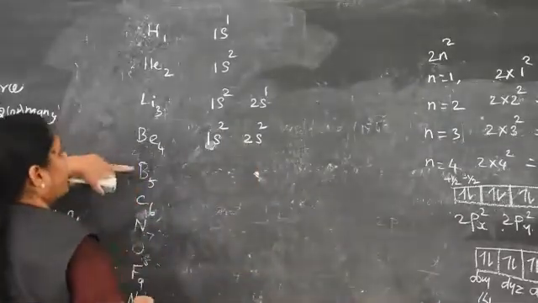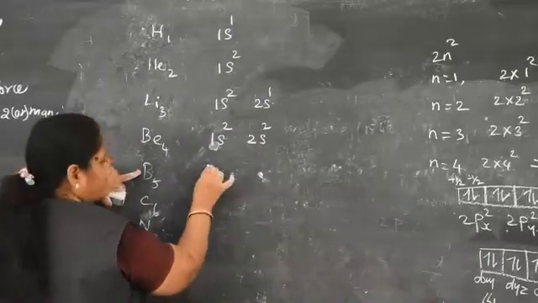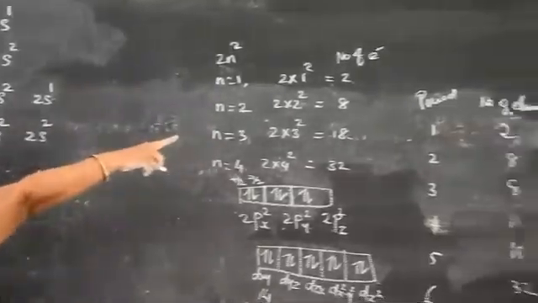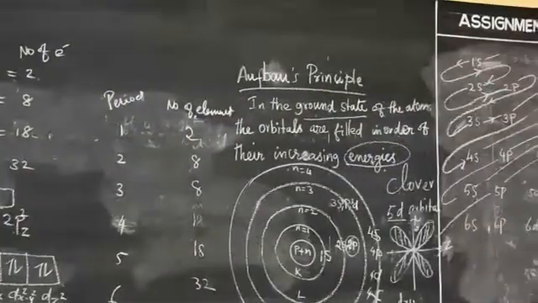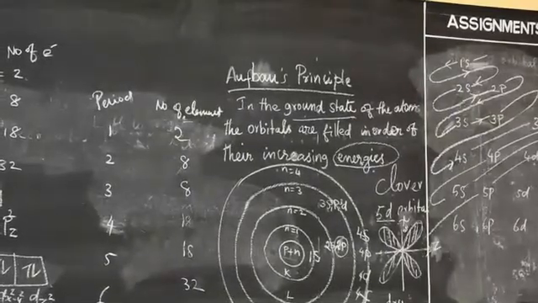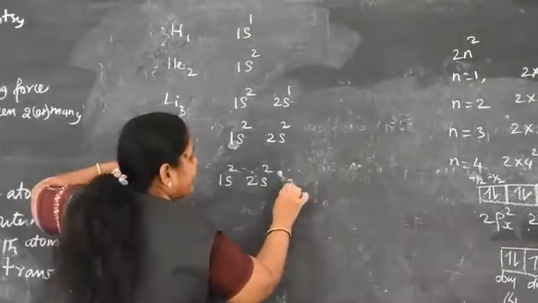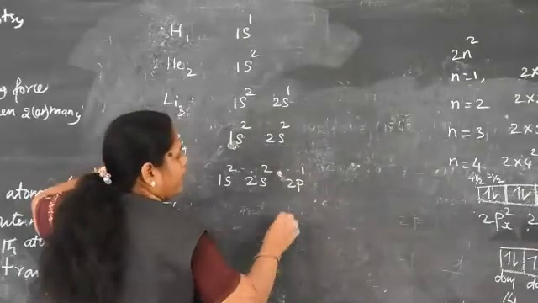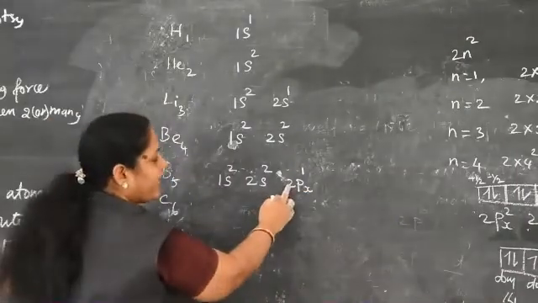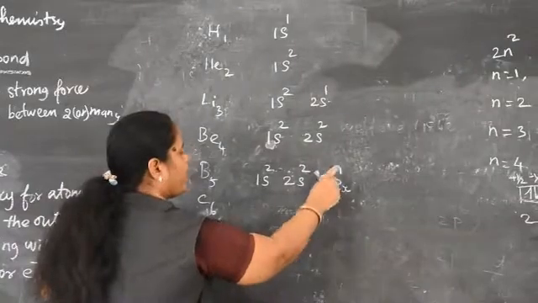See that? Atomic number 5. First energy level 1s, 2. Next you move by the Aufbau principle, the diagram I wrote last time. Next 2s, maximum electrons 2. 2 plus 2, 4. How many electrons remain? 1 electron. So where does the remaining one enter? 2p1. That 2p1 is 2px1, or you can simply represent it as 2p1 itself. Otherwise you write 2p, 1 electron.